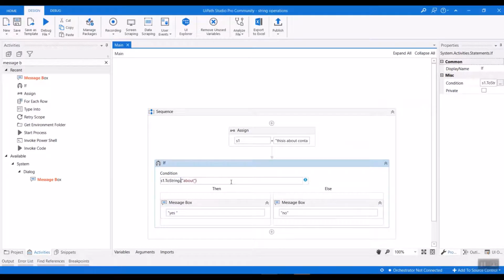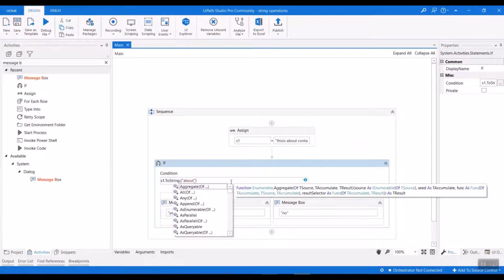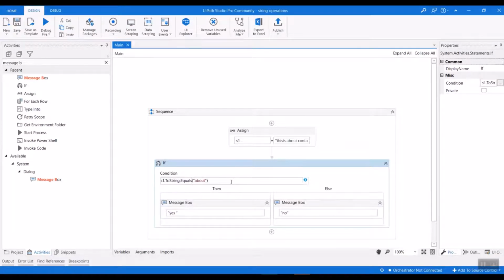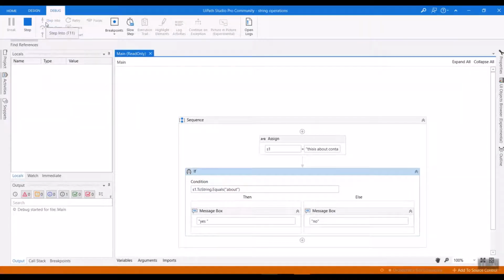So for equals, the same statement, converted to string, then equals, and check whether s1 is equal to the word "about". Actually it is not. So first we will see the output here.